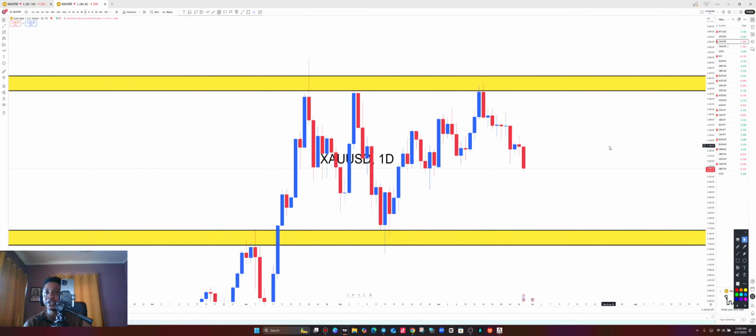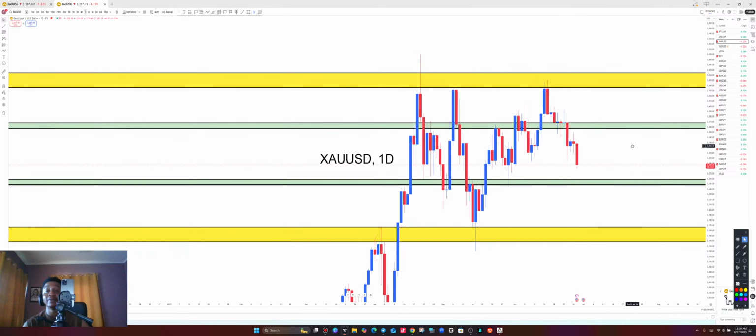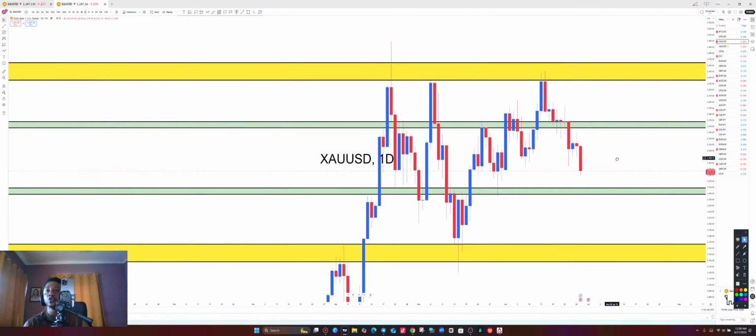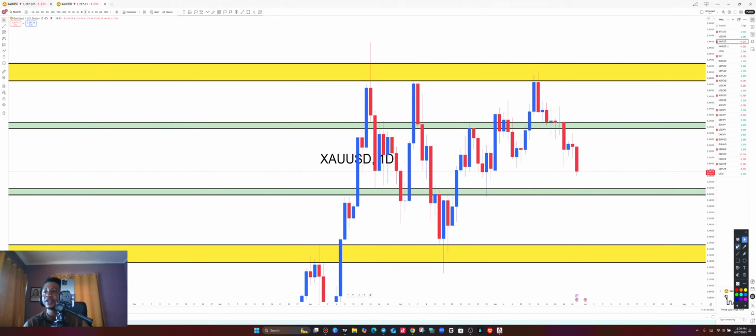All right, so this is also the daily time frame of XAUUSD. On the daily time frame, we have the daily upper zone and the daily lower zone. Price was initially in an uptrend on the daily, but it is now in a downtrend. This was the previous uptrend: higher high, higher low, higher high again, higher low, higher high, higher low. But buyers failed to push price up. Instead, it has broken below a previous higher high.